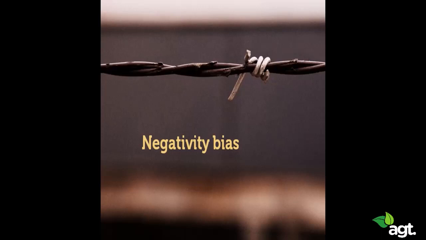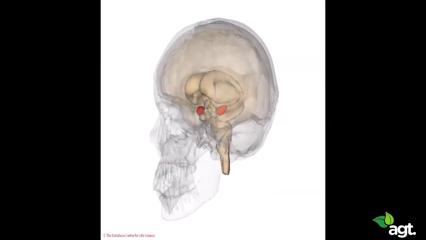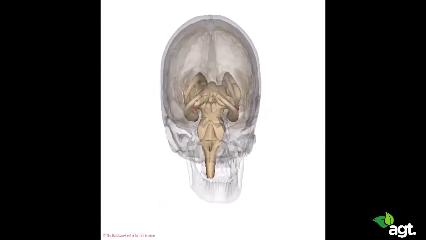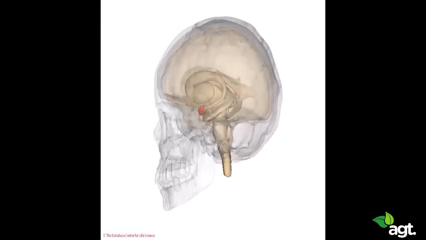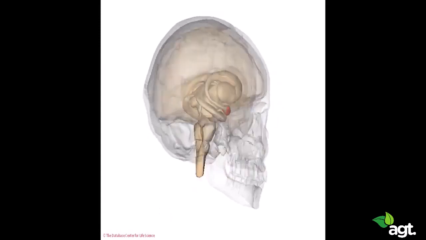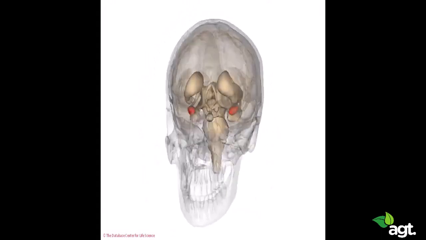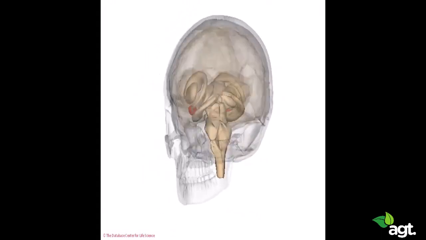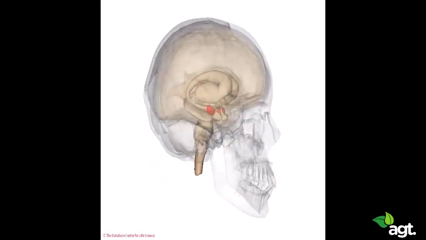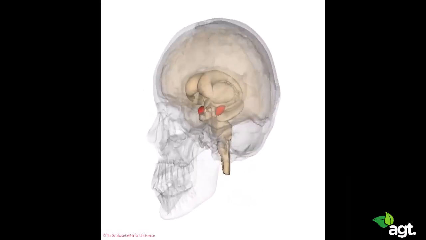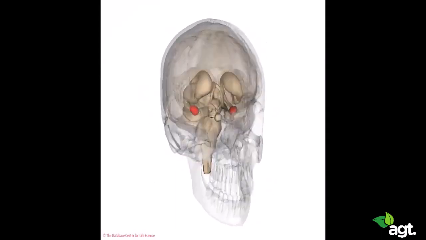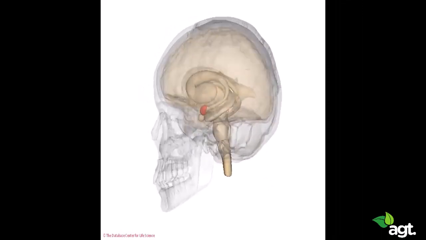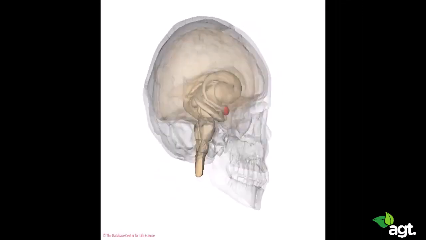And there's also neurological evidence for that. One area of the brain used for the negativity bias is the amygdala. It is these two almond-shaped areas of the brain. And this is a specific area that uses about 2/3 of its neurons searching for negative experiences, for negative information in our environment. And even more important, the amygdala is the most important brain area when it comes to negative emotions. And it's a really powerful brain area, and it impacts lots of what we do and lots of what we remember.